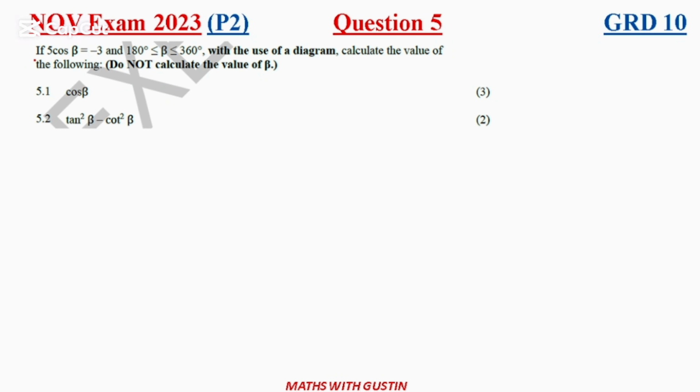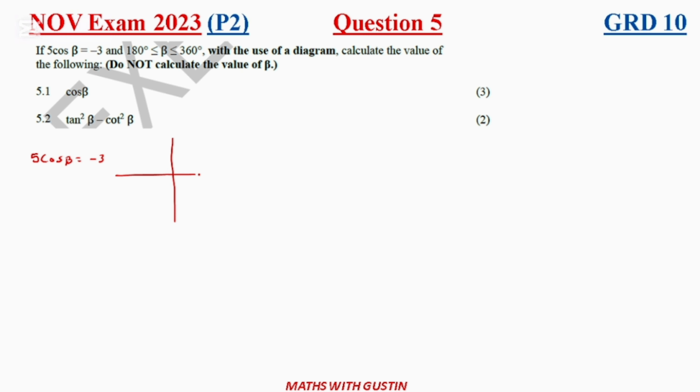Welcome to question 5. Let's have a look at the question. What is it saying? It says that if 5 cos beta is equal to minus 3. Okay, so this is what they're giving us. If 5 cos beta is equal to negative 3, and then they said that beta, this angle here, must be greater than 180 but less than